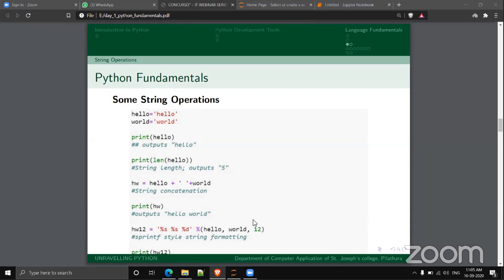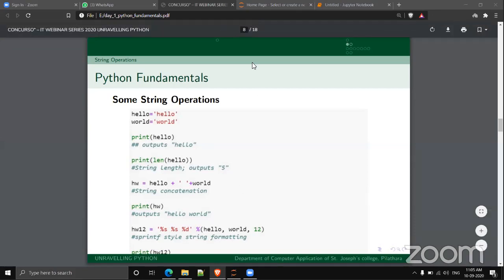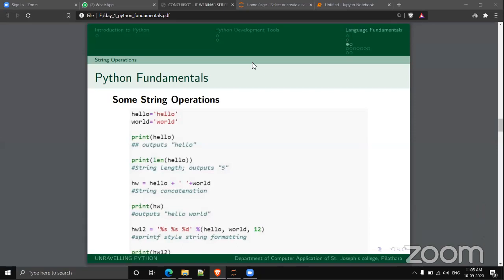Is it fine? Is someone having any problem or any issue with Jupyter Notebook?